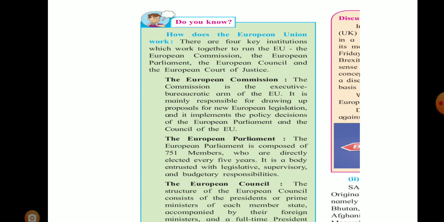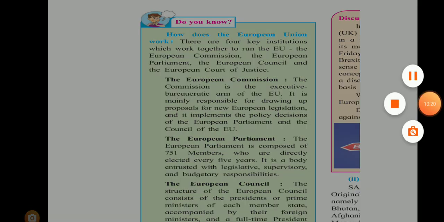for drawing up proposals for new European legislation. Spelling of legislation is LEGISLATION, comma,